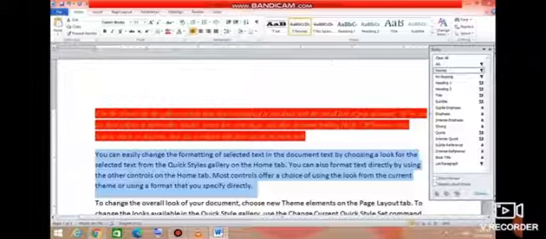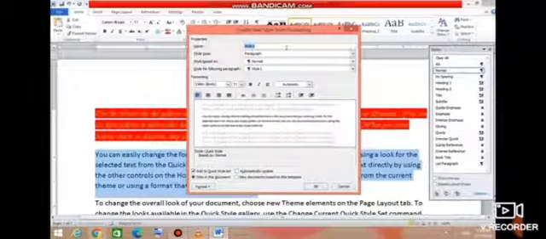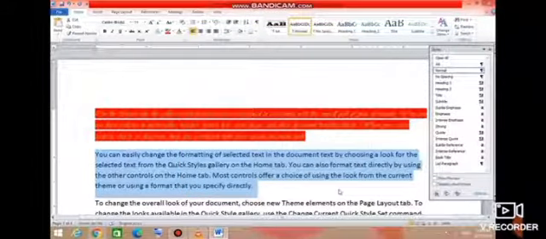Open the document, then click on the dialog box launcher in the style group of the home tab, and the styles pane opens. Click on the manage styles button from the bottom of the pane as it is given. Yes, click here.